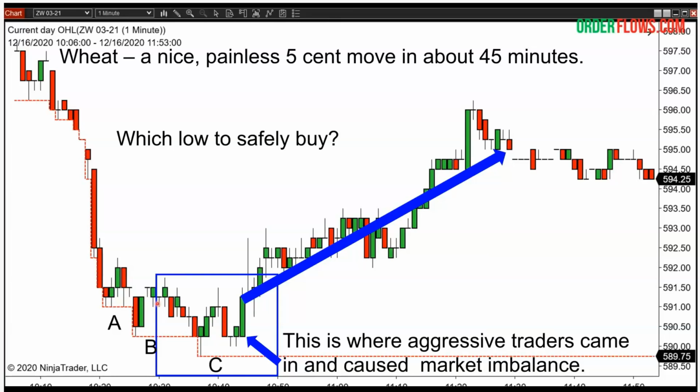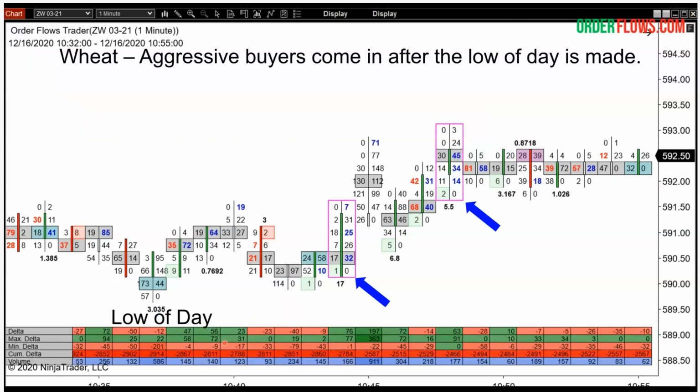There's a couple more green bars. Maybe this is the low, or, hey, we finally hit a low. Finally, once, twice, well, third time's got to be the charm. I got to buy it. Let the market tell you aggressive buyers are coming into the market, or aggressive sellers are present in the market,